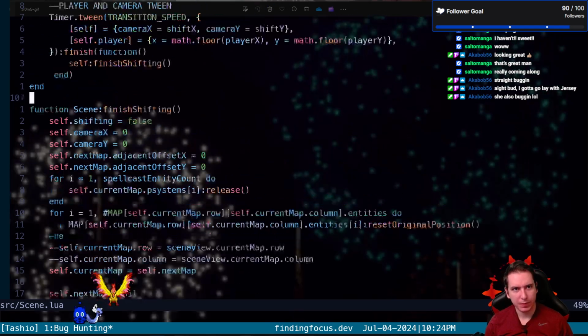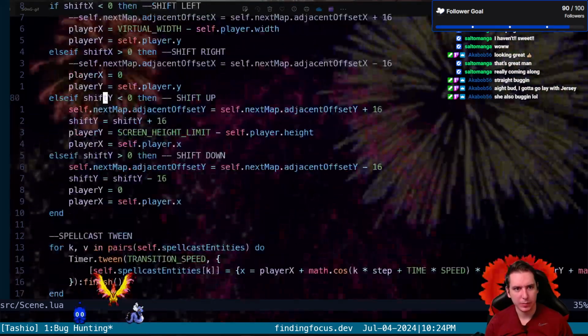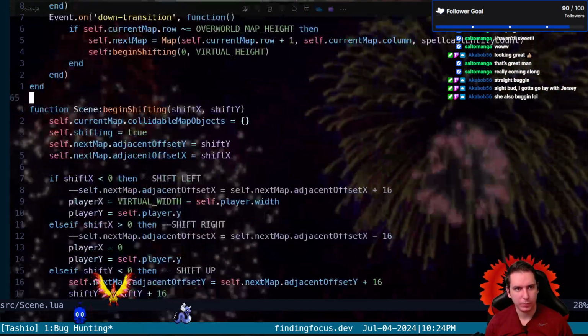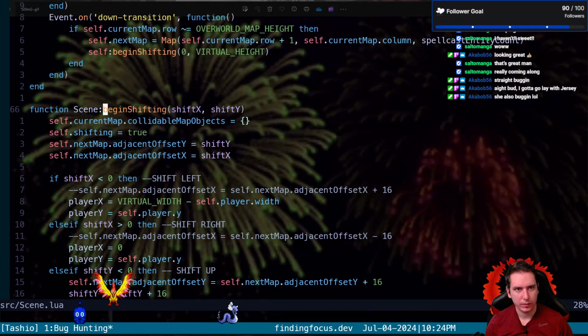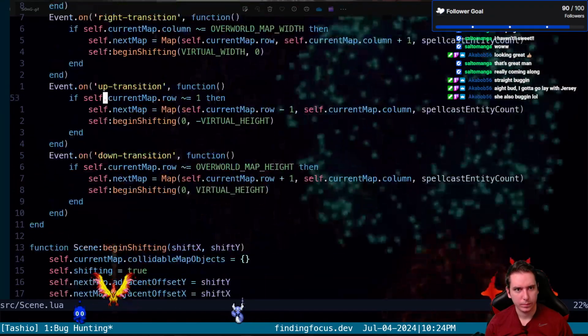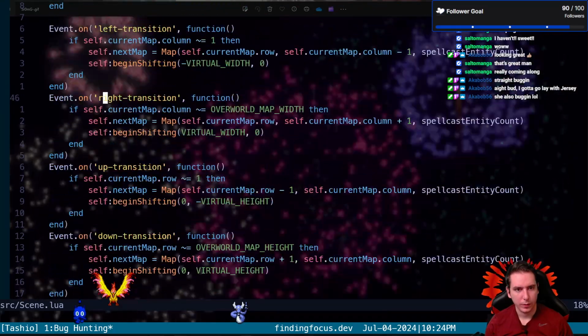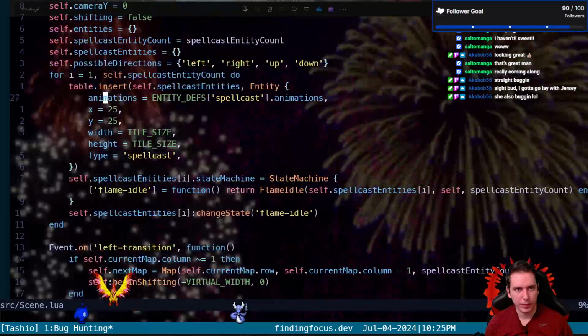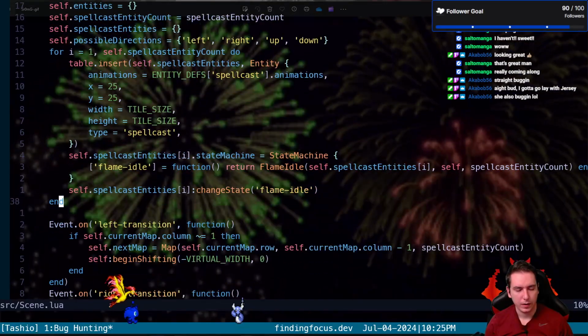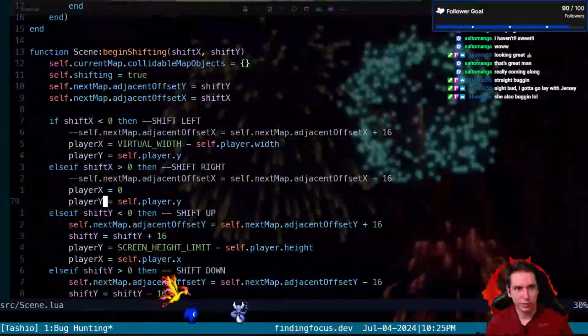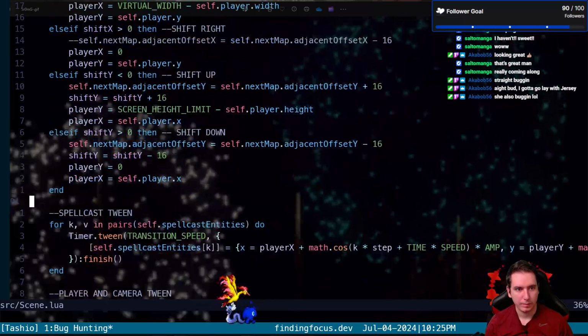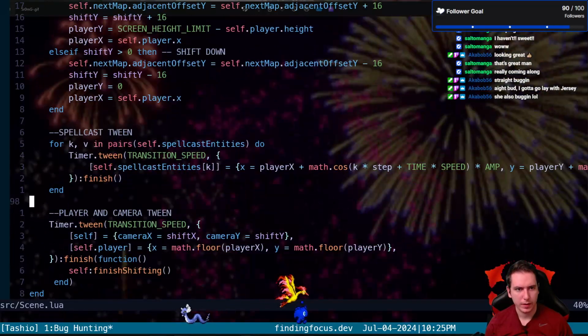Let's take a look at the begin shifting and see if we're doing anything with the inputs there. We aren't. We're not doing anything with the inputs here on the event triggers. So